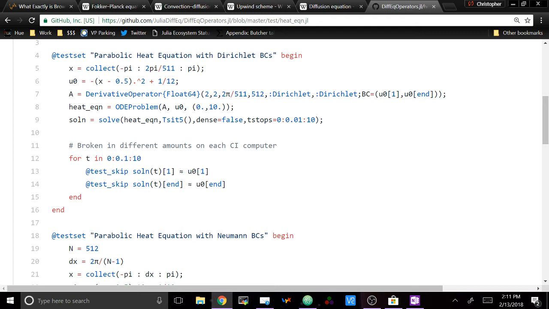So this is a quick way of saying, here, let's get the operator for Dirichlet, where these are boundary conditions on the end. This creates the ODE problem for that,